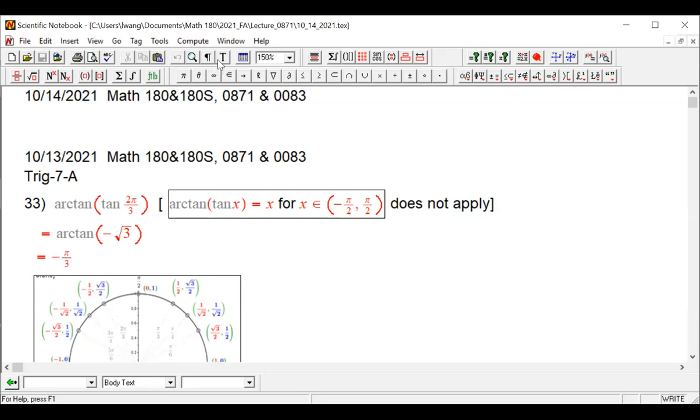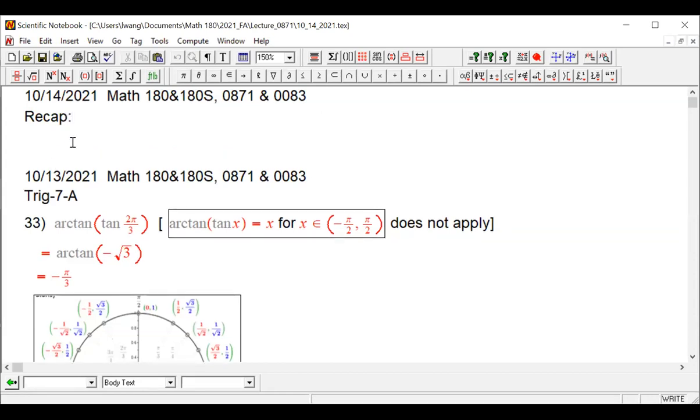So the first part I'd like to work on is to go over cotangent. But before that, let's do a recap. We have pretty much followed the same theme about functions and inverse functions and so on and so forth, right? So when we recap